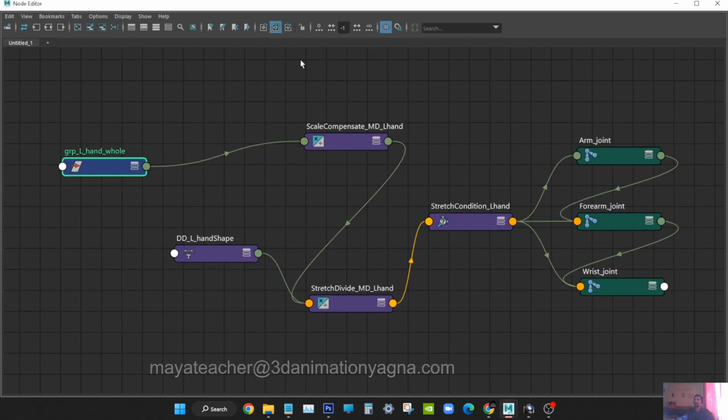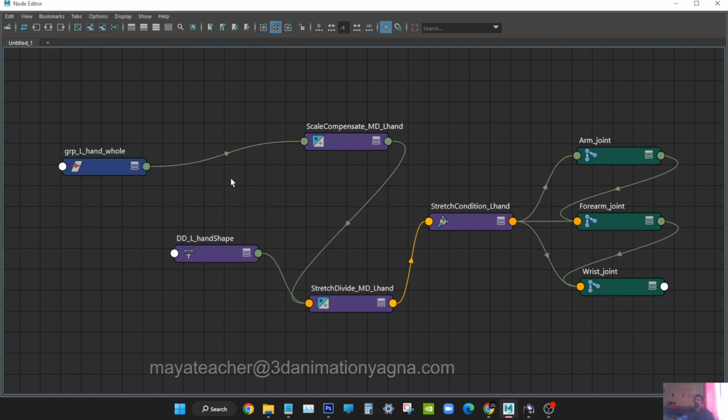We'll go to node editor view. This thing I actually connected in the first. From here we started, you remember. Then we connected this one to this, then this one to this, that is scale compensate to stretch divide, then stretch divide to stretch condition, then finally stretch condition to all the joints. Now if I just cut this